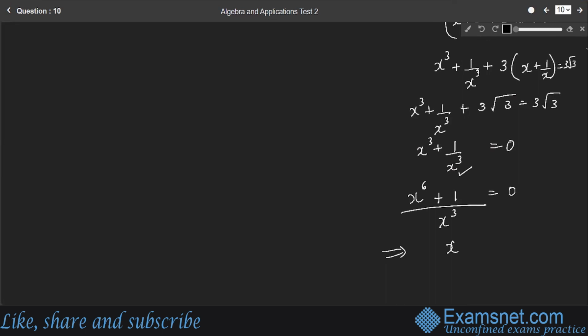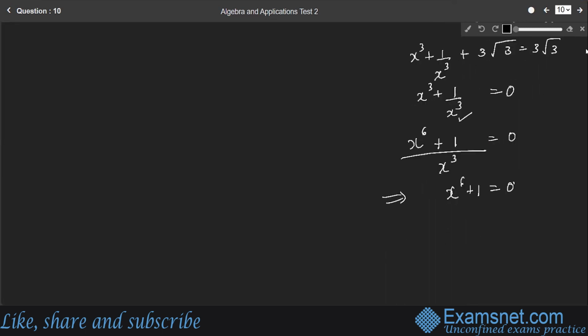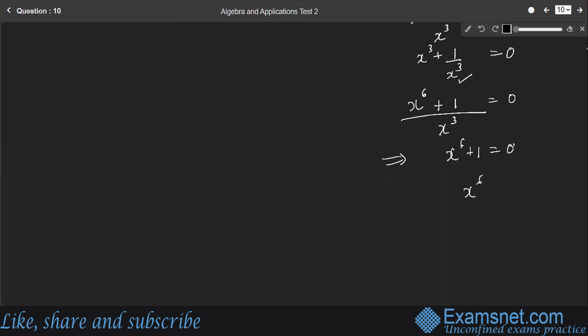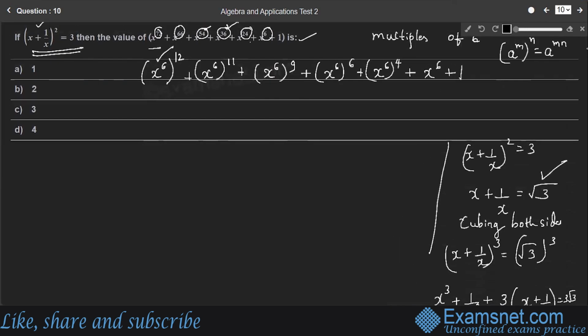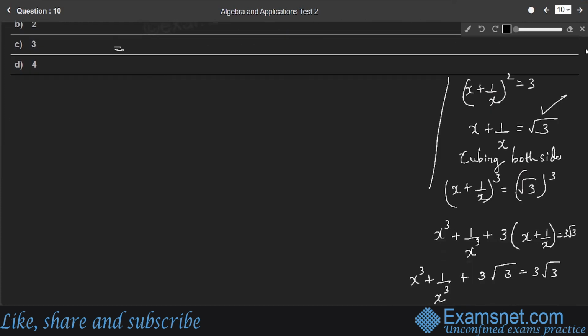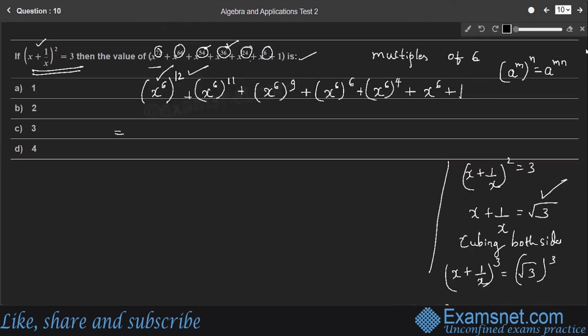This implies x raised to 6 plus 1 is also 0, right? Therefore, the value of x raised to 6 is minus 1, which is very important. Let us express the given expression as powers of x raised to 6, which we have already written here. Since x raised to 6 is minus 1,